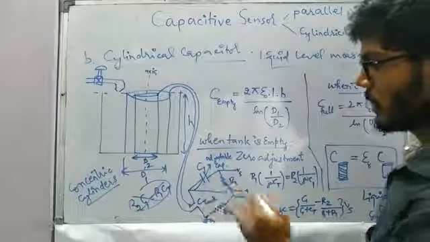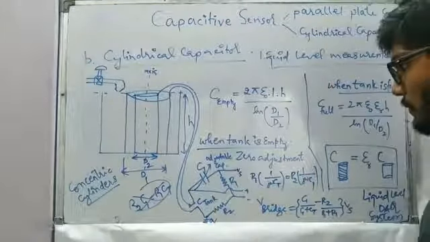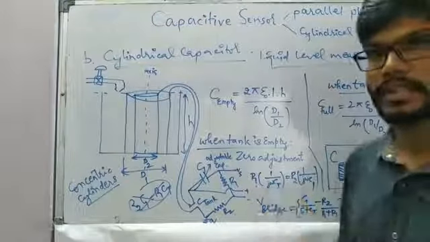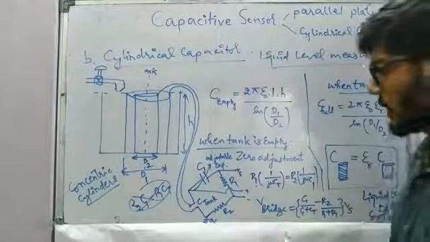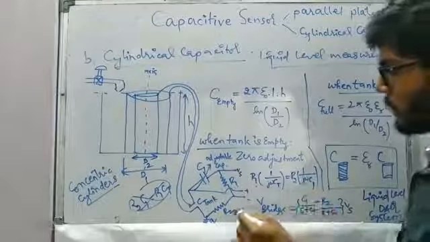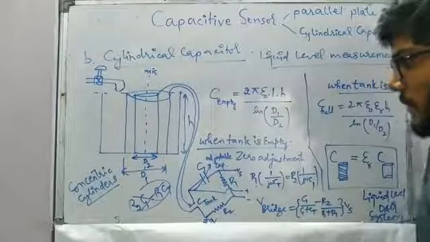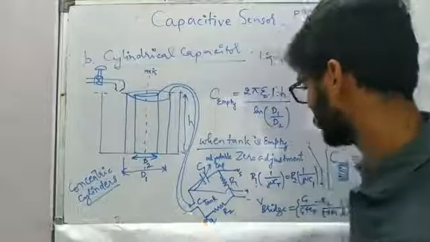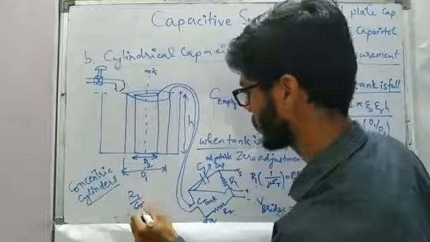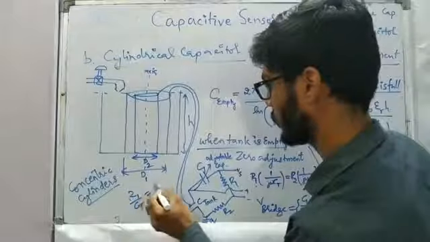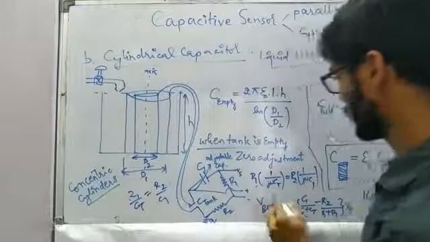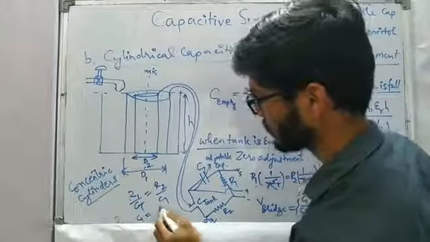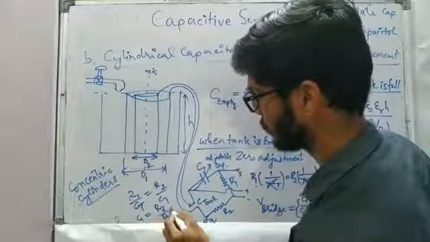We have to take the impedance in this particular branch. So R1 into 1 by j omega Ct, since the impedance of the capacitor is 1 by j omega Ct, and R2 into the branch in front of it. Due to which we are going to get R1 by Ct equal to R2 by C1. The j omega and j omega get cancelled. So we have to adjust C1 as R2 by R1 into Ct.